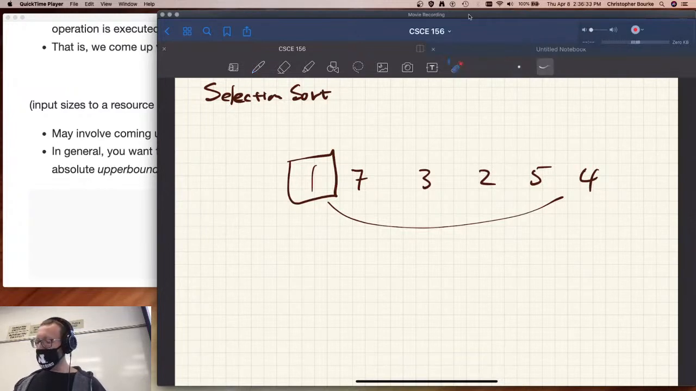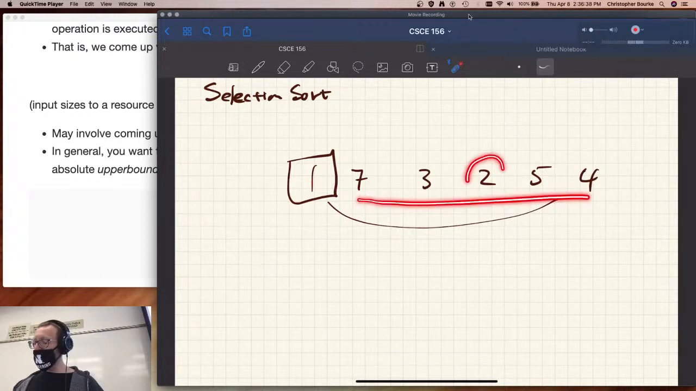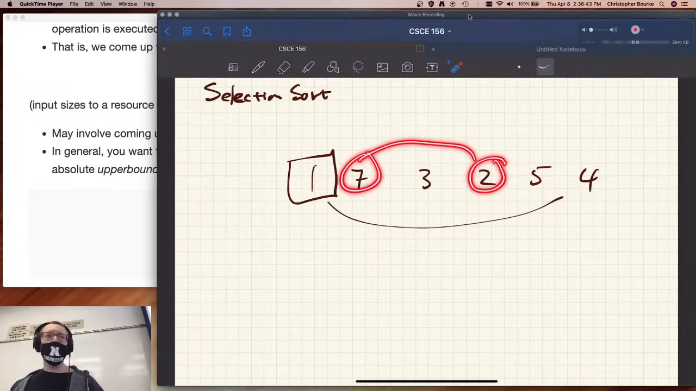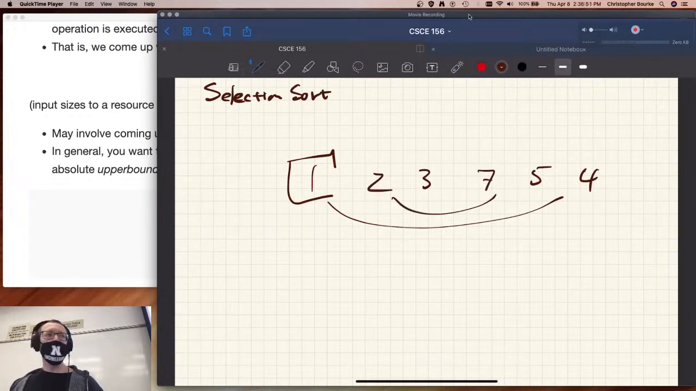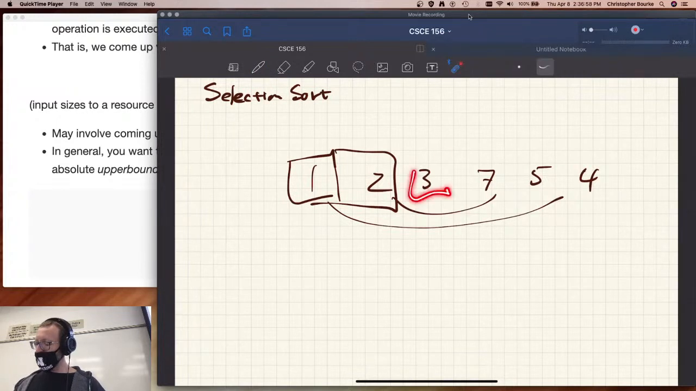Now, what does the rest of the algorithm look like? You start at the next element, go through, and you find the minimum element there. Once you've found that minimum element, you swap it with that element. So, 7, 2, get swapped. At this point, this part of the list is done and sorted. Next iteration, 3 is your minimum, and there's nothing else that's minimum, so you end up swapping it with itself. Okay? Next iteration, 2,